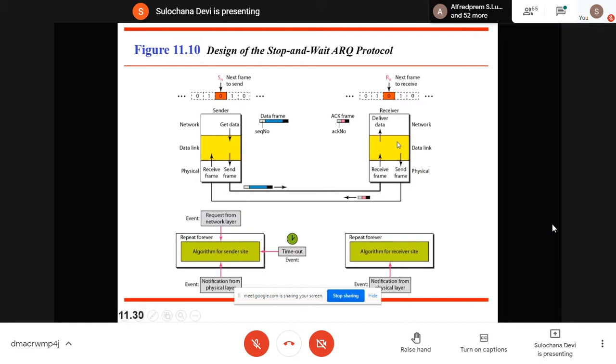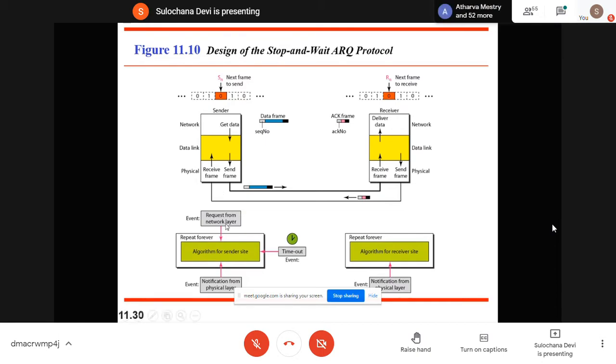At the receiver side, that sequence number is compared with Rn. If Rn and the sequence number given in the frame are the same, then that frame is received and the value of Rn is increased. That Rn value is put into the acknowledgement frame as the acknowledgement number, and it is transmitted back to the sender.